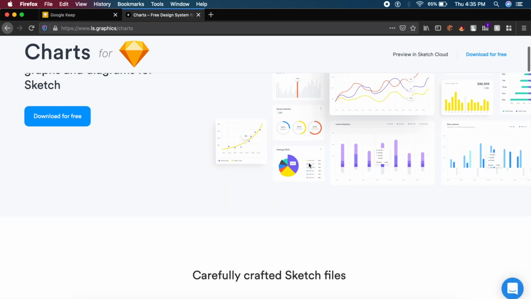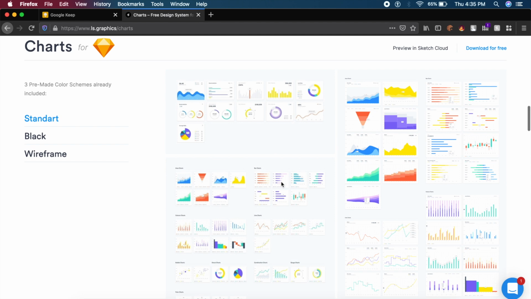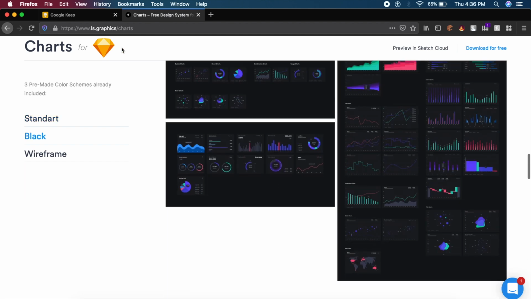So if you're looking to make a really cool and creative dashboard, which is at the same time minimal, I think this is one of the best ones to go around. You can even customize this as much as you want. And even though it is a Sketch file, you can always import it into Figma and XD. There are ways to do it.